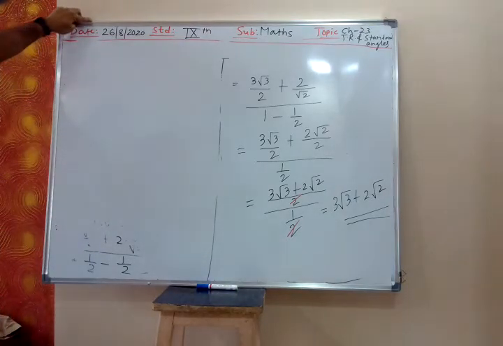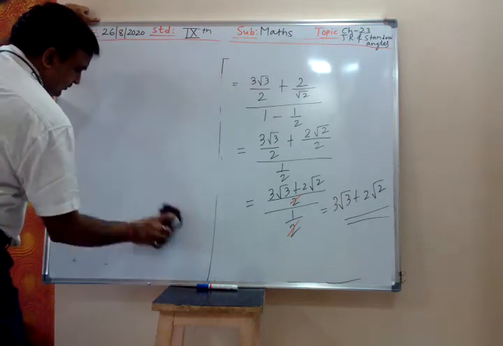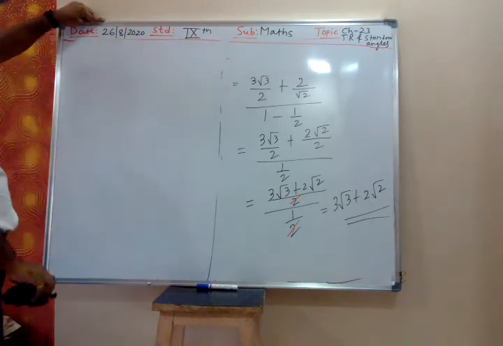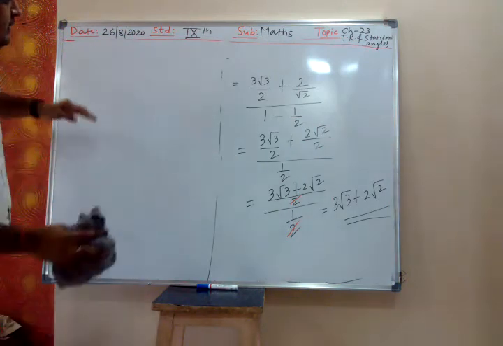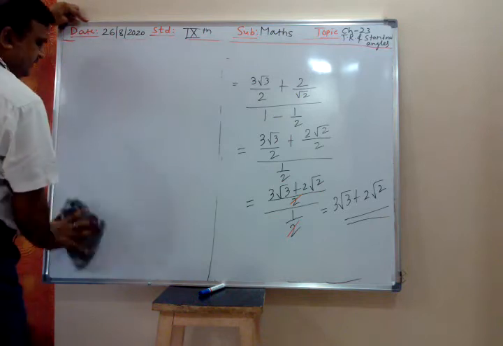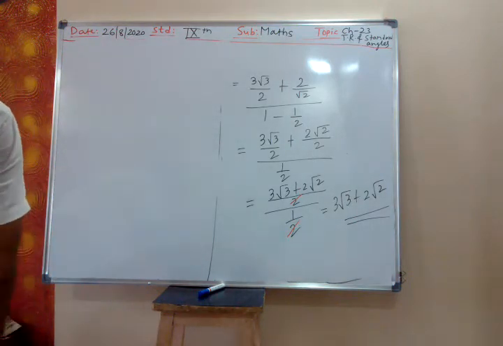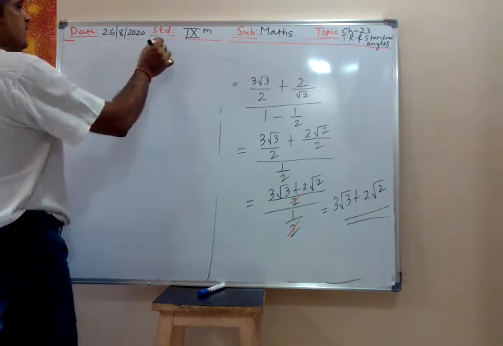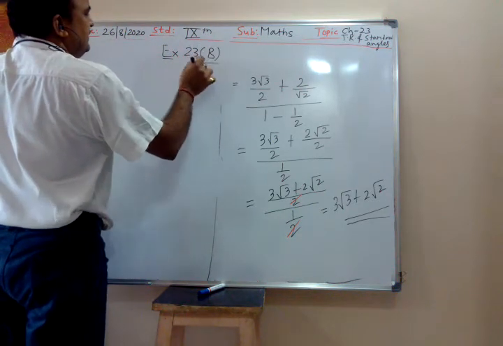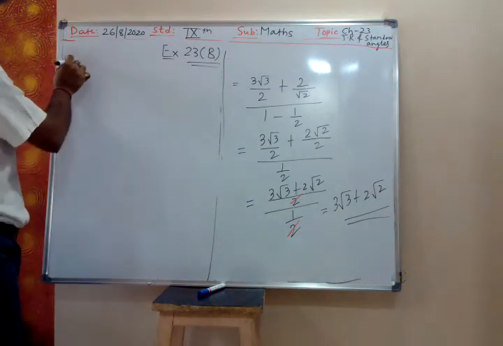See, 23rd B, all the problems are important, and all the problems are easy. You have to just put the value of A and B and simplify, get the answer, nothing else. In fact, no question is omitted, all the problems are important. I can give 23rd B completely as homework, but I am doing it, that is what I am telling you. This is so much easy. 23rd B, now let us do the first one. All are important problems, remember.